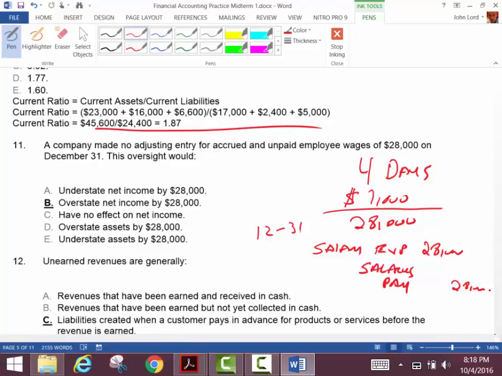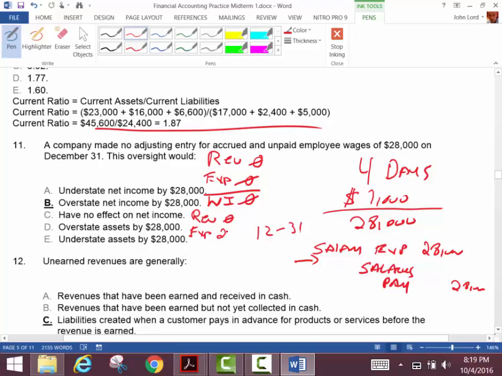Okay? And so what happens? If I had no revenues, let's say my revenues were 0, and if I didn't take any expenses, my expenses were 0, my net income would be how much? The easiest question I'm going to ask you all night would be 0, right? But what happens if I do this correctly, which I need to do? I would have had revenues of 0 still, but now my expenses would have been what? Would have been 28,000, right? So I would have showed instead of net income, a net loss here of negative 28,000.